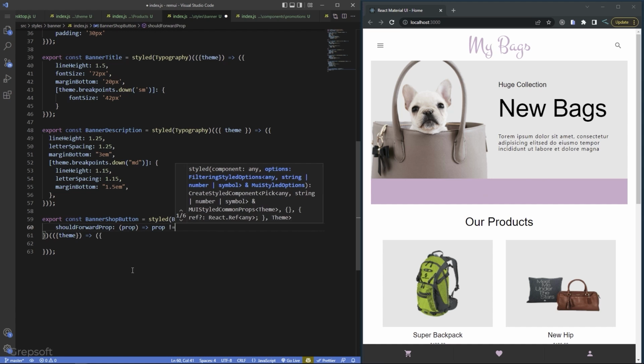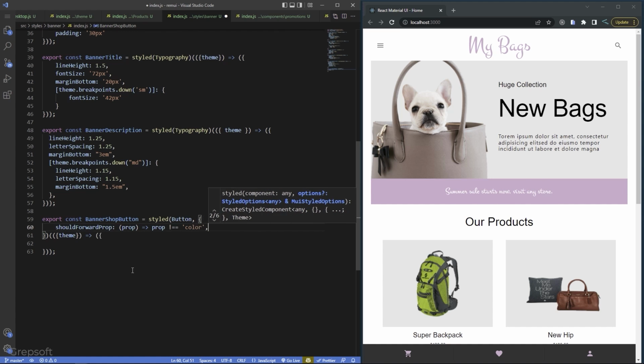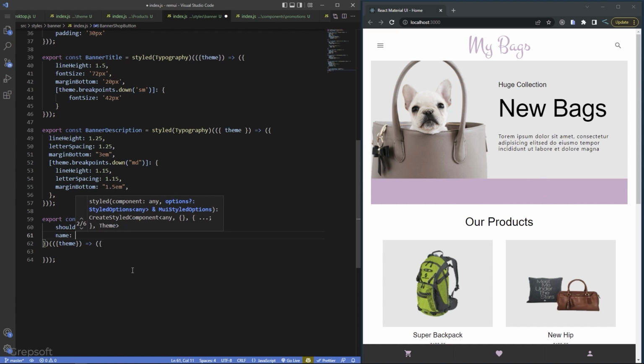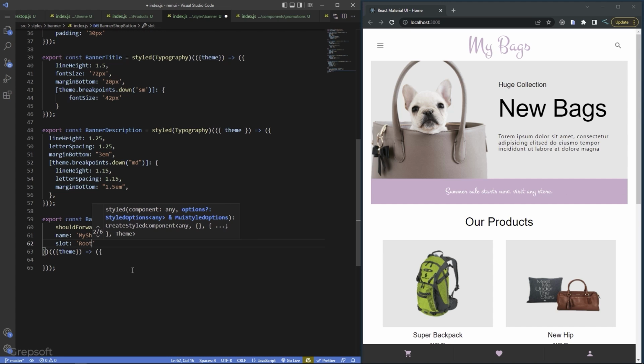We'll say if prop does not equal to color, then you pass it. Now the other thing is I want to give it a name, so I can say my shop button, right? And then in the slot that I'm going to define is the root slot, like so. All right, and the other thing you want to do now is how will be the styles, I guess,